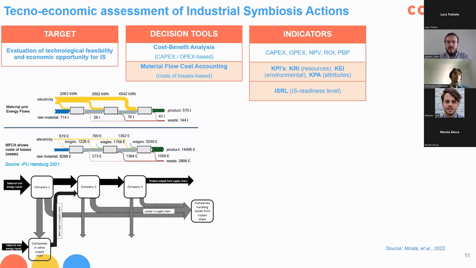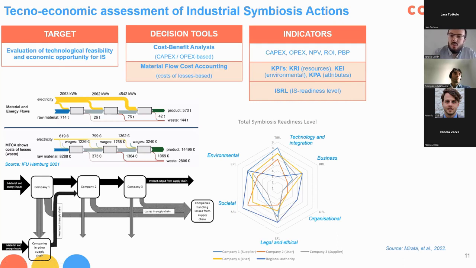In order to evaluate the techno-economic feasibility of the industrial symbiosis solutions, results are synthesized into indicators. So the common economic ones are the net present value, the return of investment, the payback period, etc. But this can be complemented with other KPIs, such as the ratio of waste to product price as a result of an industrial symbiosis action implementation. So as such,